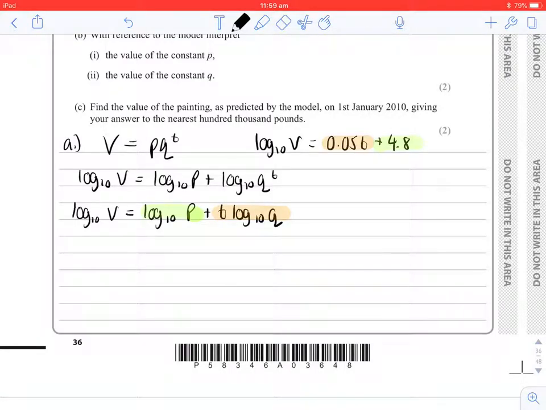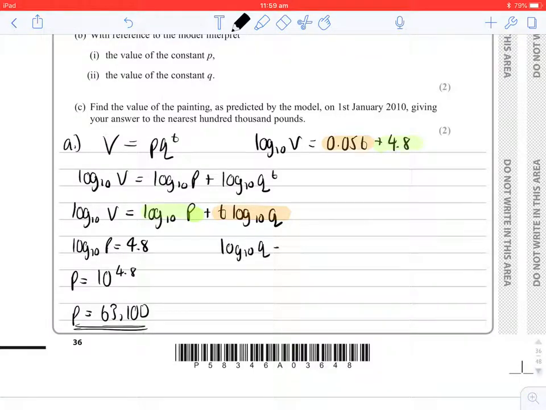So by equating these, we can say that log base 10 of P is equal to 4.8. So therefore P is equal to 10 to the power of 4.8, and to four significant figures, P will be 63,100. Doing exactly the same for Q, we can say that log base 10 of Q is equal to 0.05, and so therefore Q is equal to 10 to the power of 0.05, and therefore Q is equal to 1.122